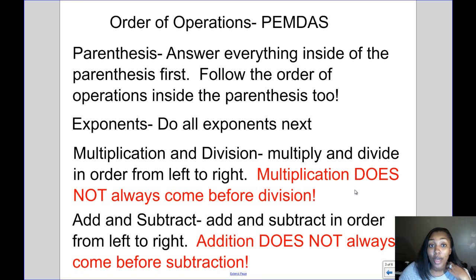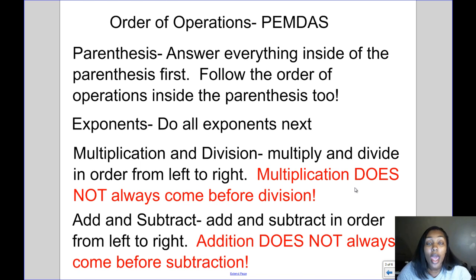So the order of operations, and I know you've heard it before, is PEMDAS, or please excuse my dear Aunt Sally. The first letter P stands for parentheses. And you want to make sure you answer everything inside of the parentheses first. And even when you're inside of the parentheses, you always have to make sure that you're still following the order